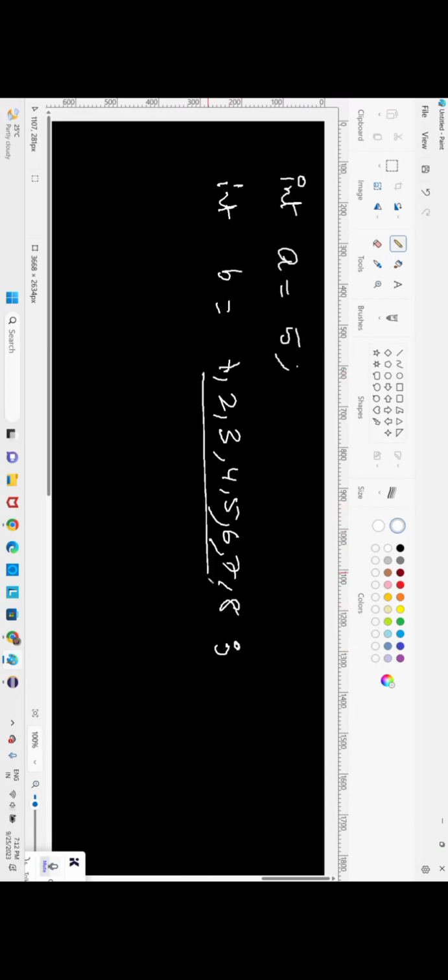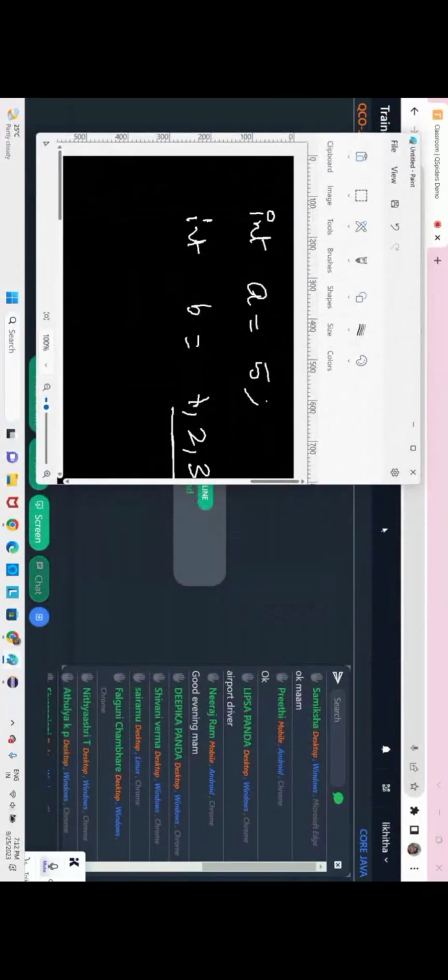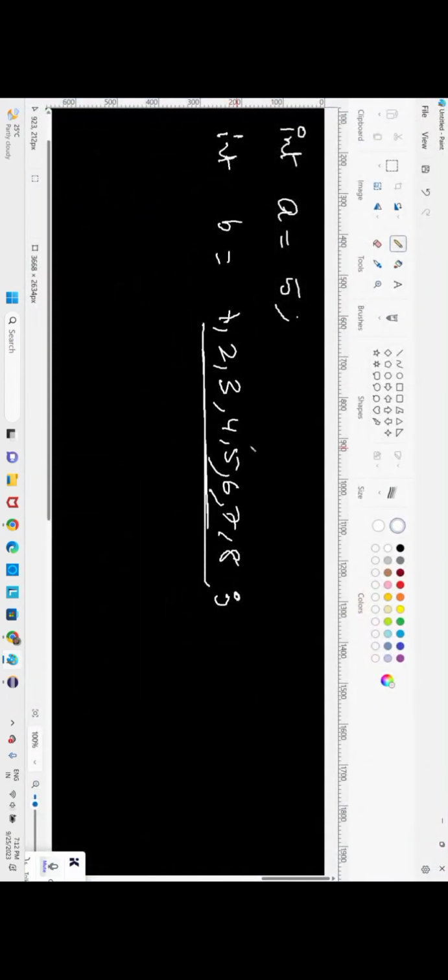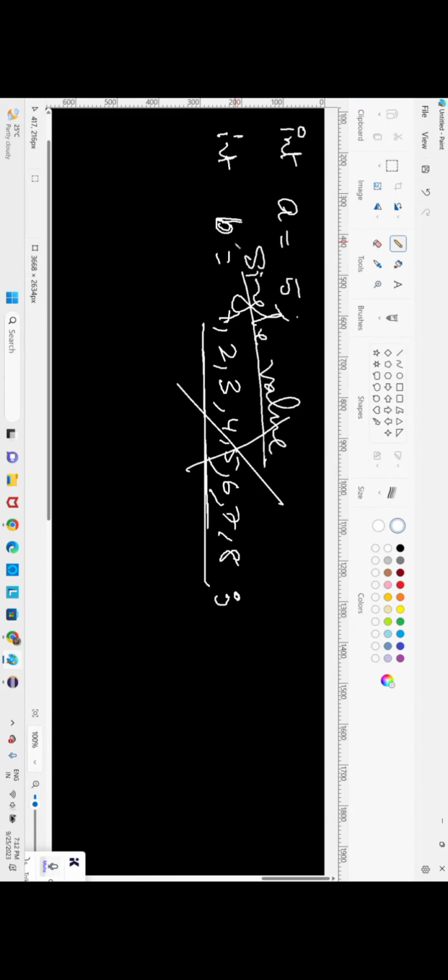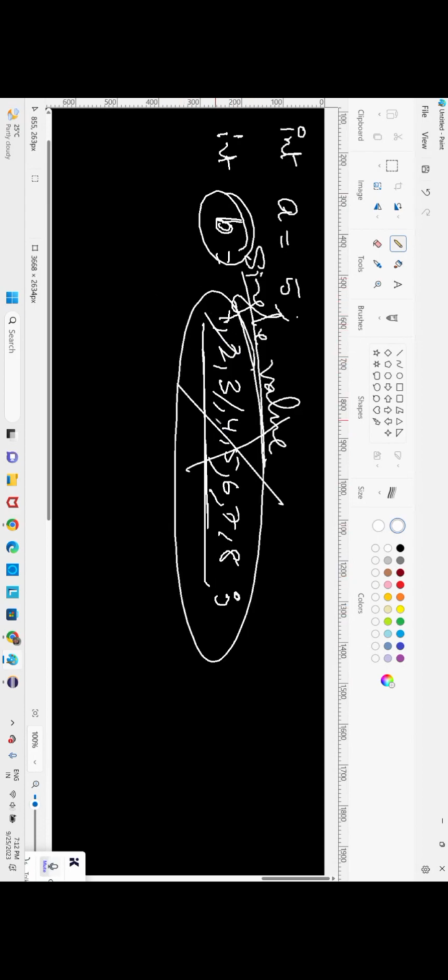Is it possible like this? Can anyone tell me, is it possible to store like this? No, it is not even possible actually. We can't do this. In a variable, we can store just a single value. We can't store multiple values in a variable. We can just store a single value, either 1 or 2 or 3 or 4 or 8, any one value we can store. But to store a group of similar type of values,